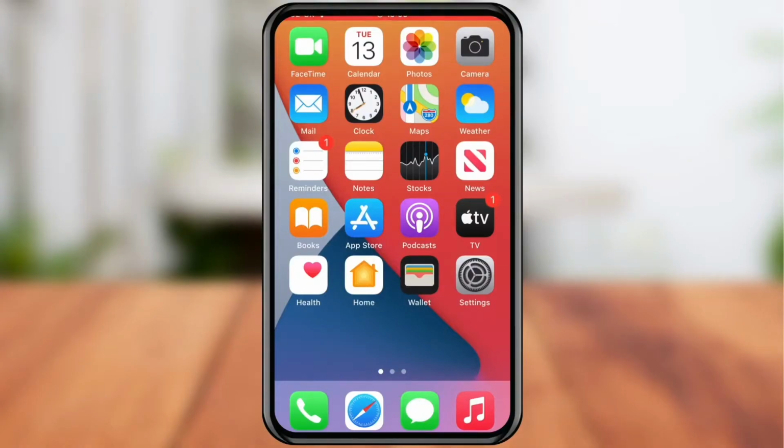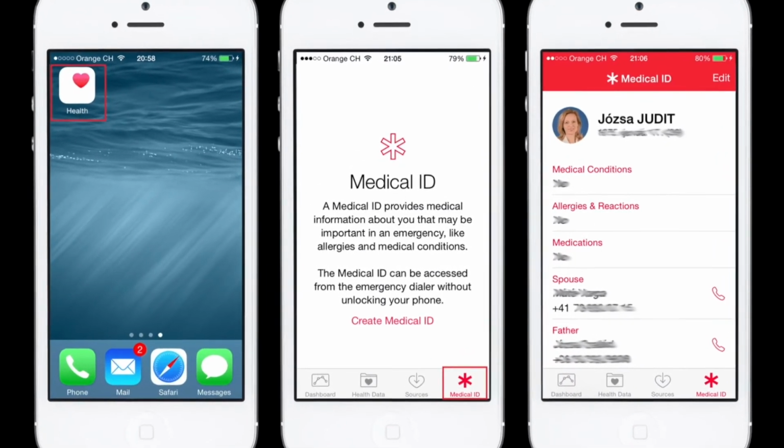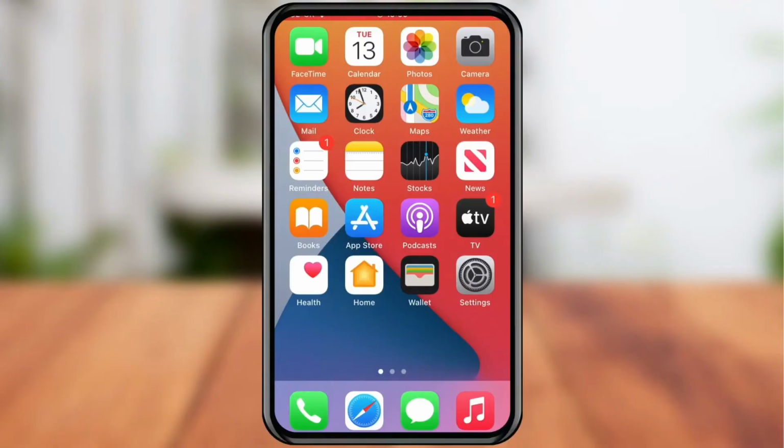Medical ID is a built-in feature of your iPhone's Health app that gives ambulance crews and other emergency services fast access to potentially life-saving information about any allergies or medical conditions you may have, even if your iPhone is locked. If you don't suffer from any health conditions, I'd still recommend enabling this feature because it can also provide other vital information about you to the emergency services, such as your blood type or who to contact in